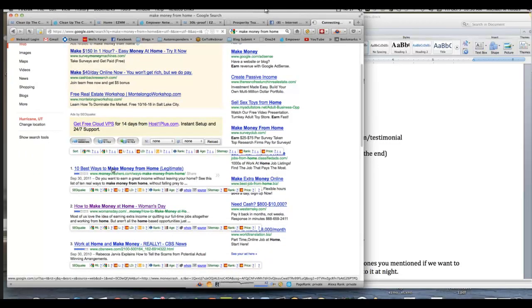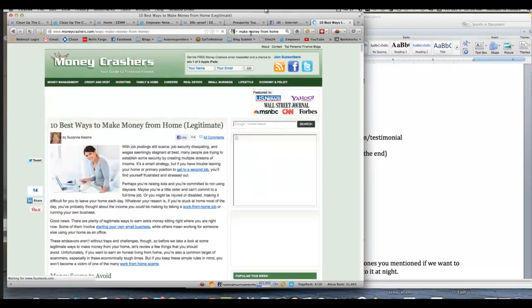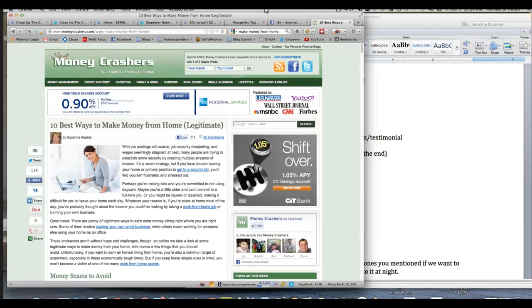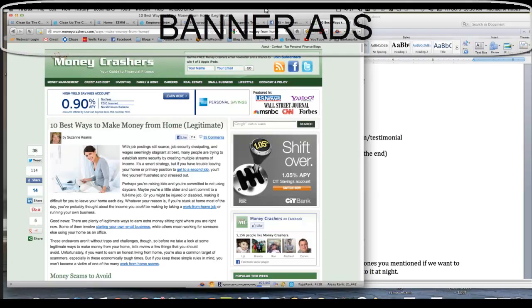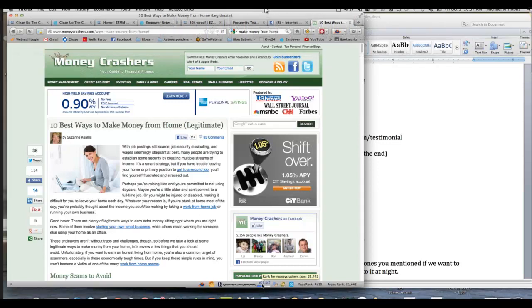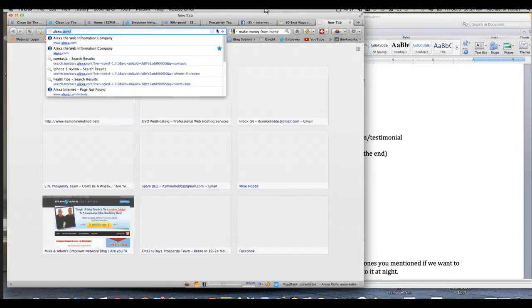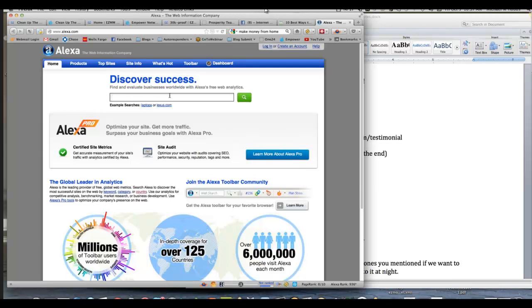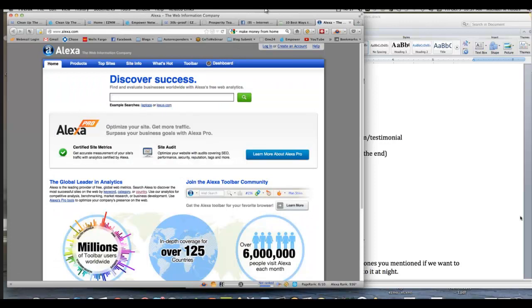Number 1 on Google. What you can do is just type in keywords that you think are good keywords that people would type in, maybe if you were looking to make money from home, and then find the top 10 websites, go through the top 10 websites, and check their Alexa ranking. If you don't know how to do that, there's a toolbar you can download called Sparky on Firefox, or you could just go to alexa.com and type the website in right here. So just grab their website, type it in right here, and find out their traffic.